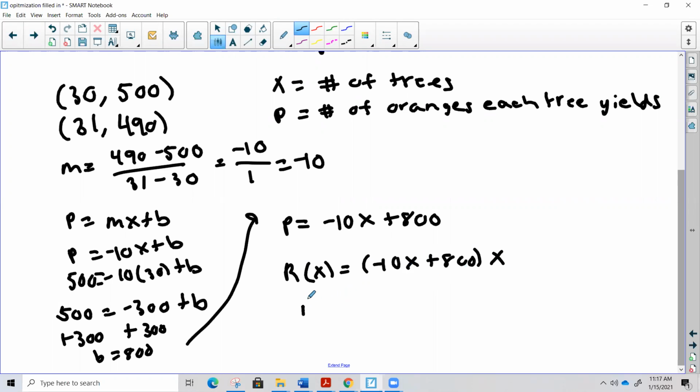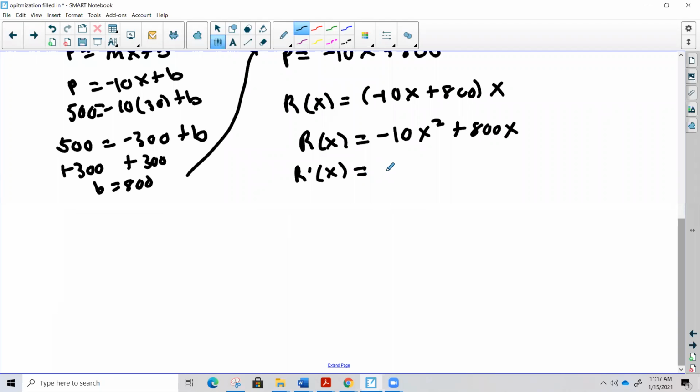So I would distribute the x, so I don't have to worry about the product rule, and I get negative 10x squared plus 800x. I would take the derivative, because I'm trying to maximize revenue. At any time we're trying to maximize or minimize something, we take the derivative. So the derivative of negative 10x squared is negative 20x, and 800x is 800. I'm going to set that equal to 0